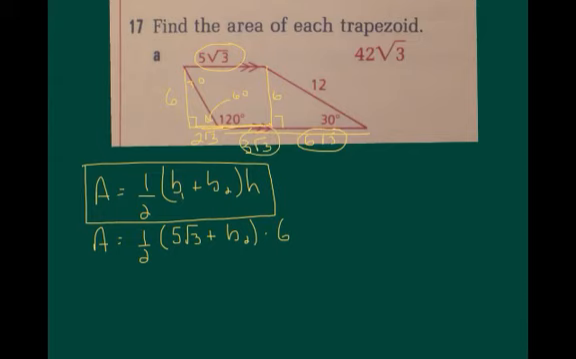Okay, so my final area is going to be 1/2 (5√3 plus 9√3) times 6, which equals